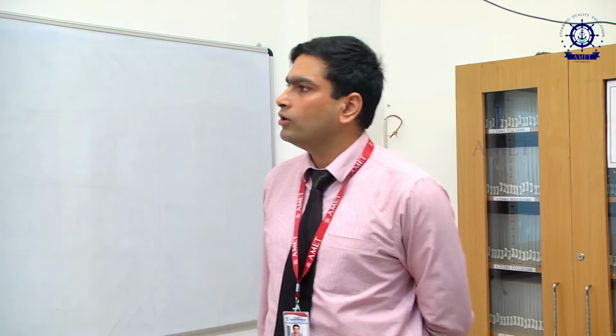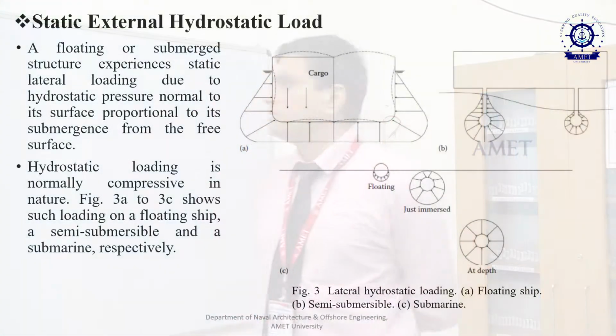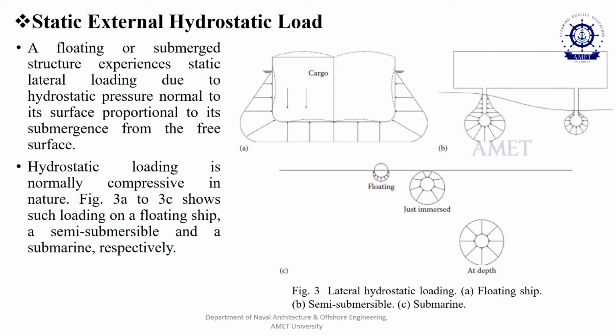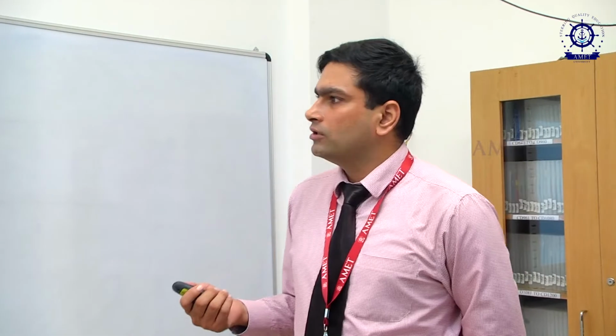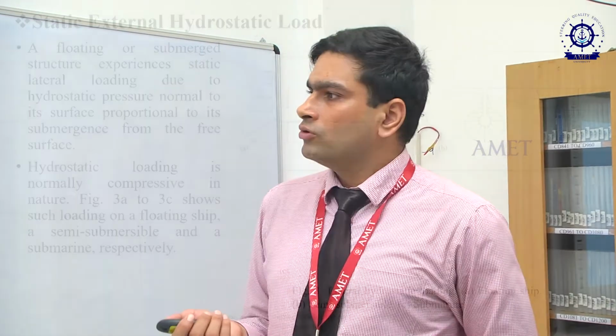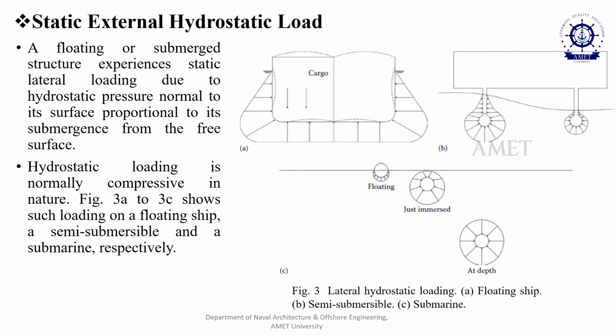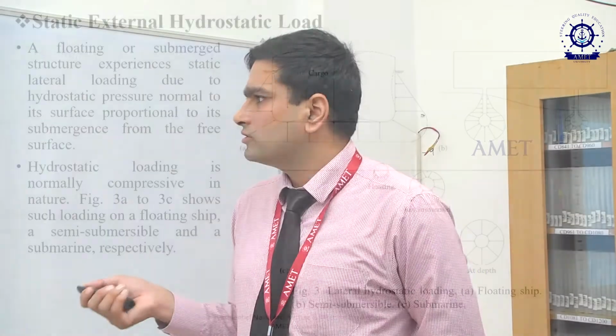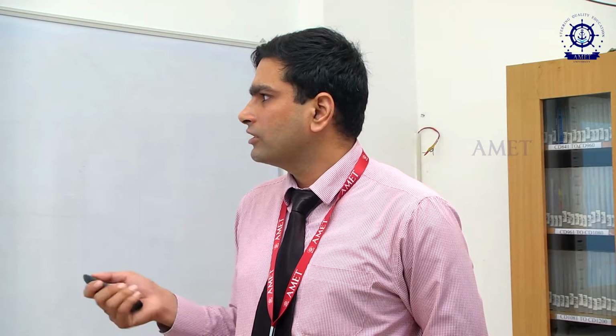Let us see how static external hydrostatic load affects a floating or submerged structure, which experiences different static loading conditions because of variation in hydrostatic pressure normal to the surface, proportional to its submergence from the free surface. You can see in this diagram how the hydrostatic pressure is distributed along the hull. There are 2 hulls which have been shown. One is a